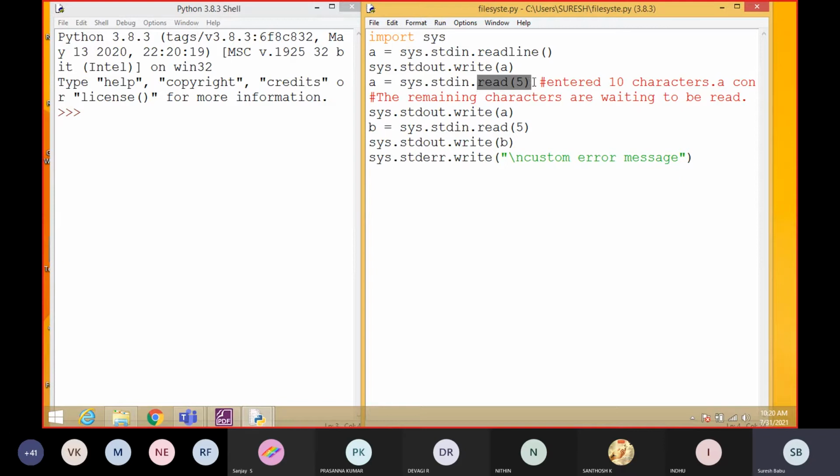Those 5 characters are displayed in the output. If you give 8 characters, first it takes only 5, and next time it will take the remaining 3. Without giving input, these remaining 3 characters are in the queue, so those 3 characters are read here. Okay, understood, everyone?